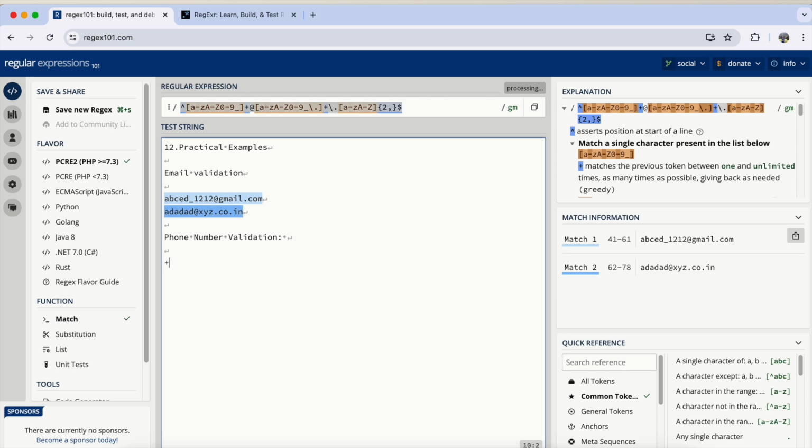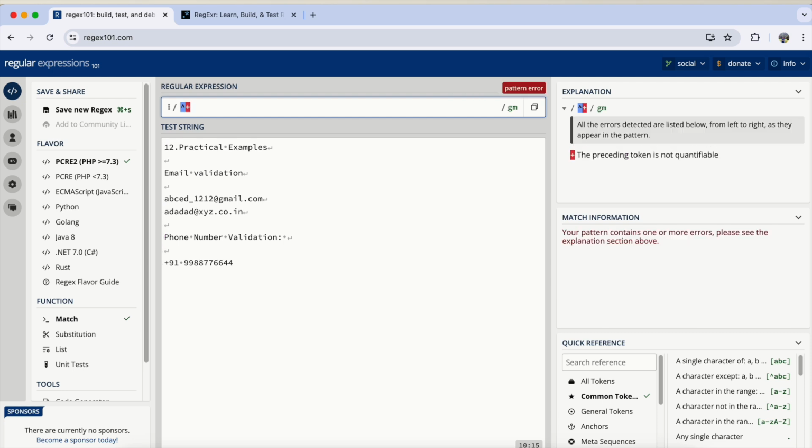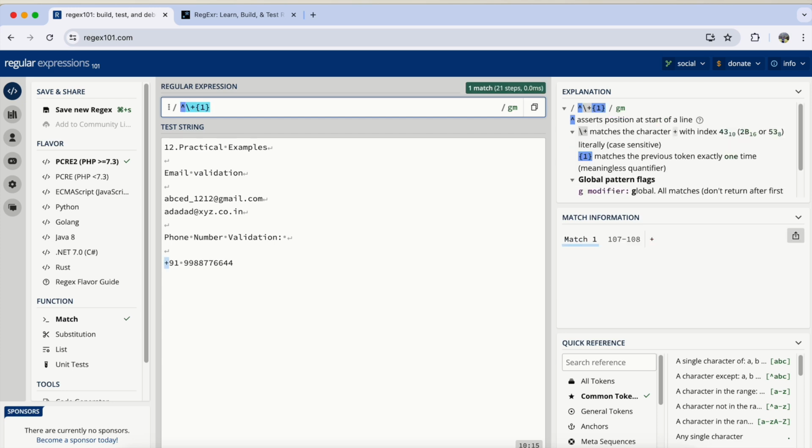Let us say the phone number is starting with a country code. Some country code can start with, let us say, 919988 as a 10 digit number, right? 7766, 22468, 44, 10 digit number, right? So we want to see that it is starting with plus, and there is one occurrence of plus, so we need to use an escape sequence character here,